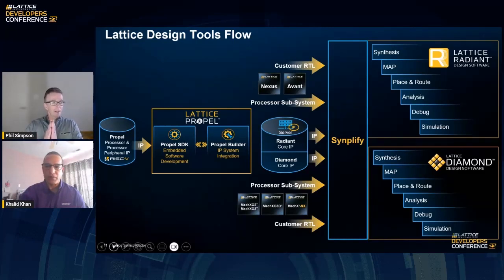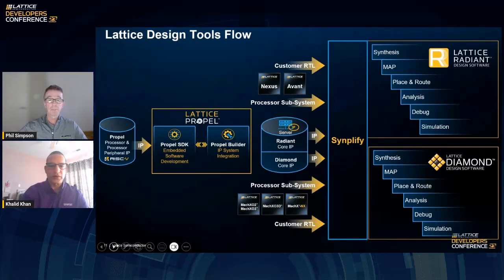So Lattice provides three main tools. We've got the Lattice Diamond software, which supports the MachXO2, ECP3, ECP5 type families. We've got the Radiant device software that supports the Nexus platforms and the Avant platform. And we've got the Lattice Propel software that is really Lattice's embedded design suite. So this would be the interface you'd use if you were putting together an embedded system using the soft RISC-V